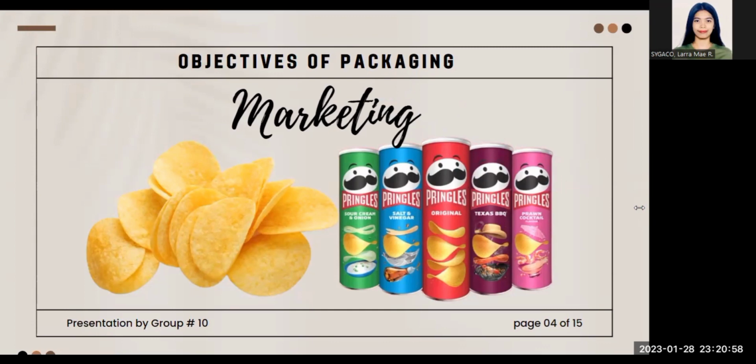So package graphic design is really important para maakit nila yung mga consumers to buy their products, as well as yung laman mismo ng product is attractive or pleasant siya tignan ng mga consumers. Next will be